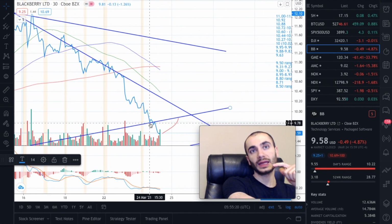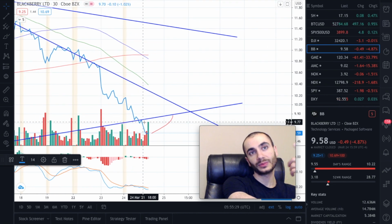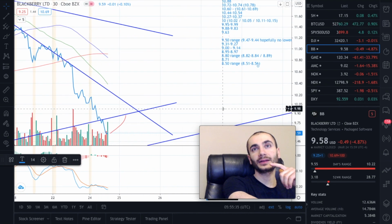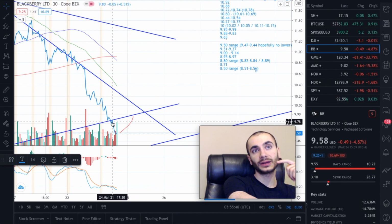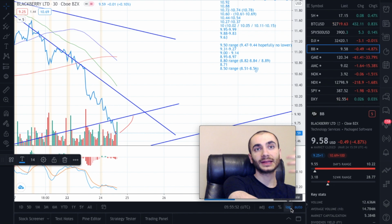And it was at 978 right here. And what happened was it back tested as support, but then back tested resistance, broke through and back tested resistance. So that does suck, unfortunately. But either way, in the logarithmic view, $9.83, 988 is pretty much this resistance line right here, where we back tested resistance, and if we go back up, we might get knocked down again as resistance, somewhere between the 983 and 988, depending on when we meet it. It could be a little bit higher, but I think by the time we meet it, that's where we'll